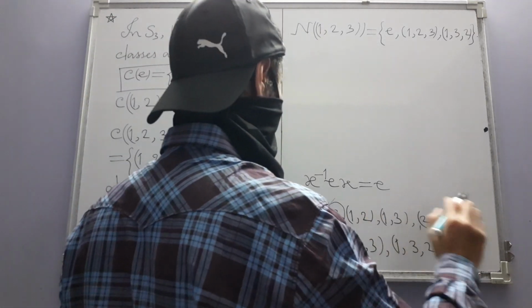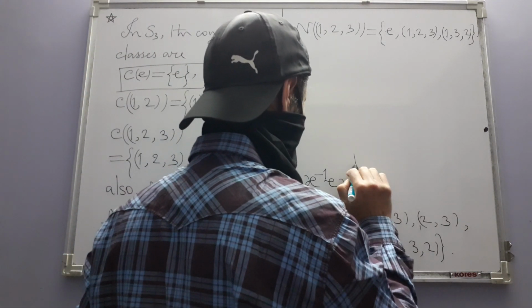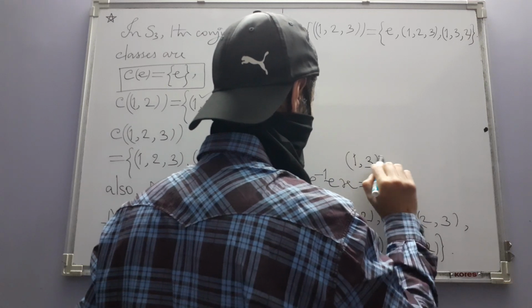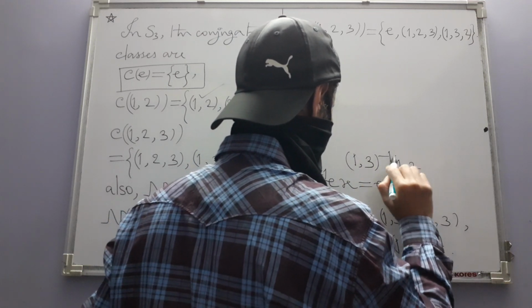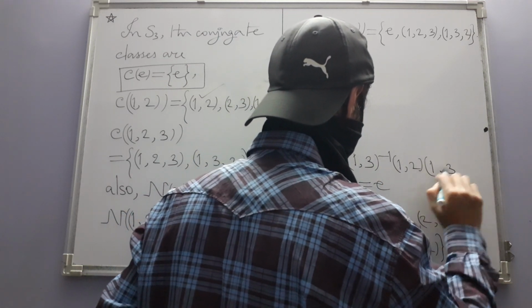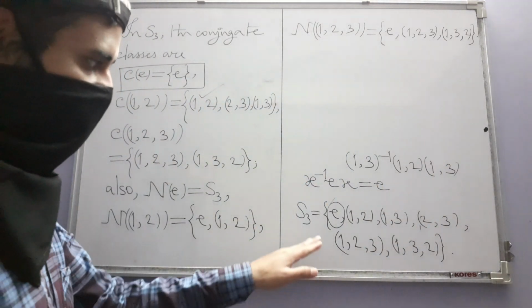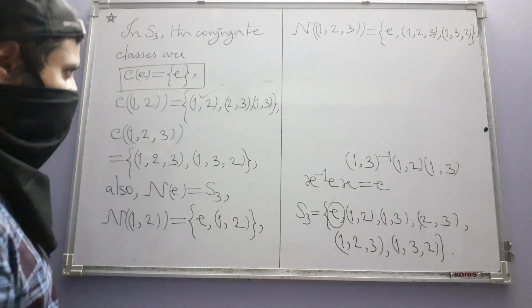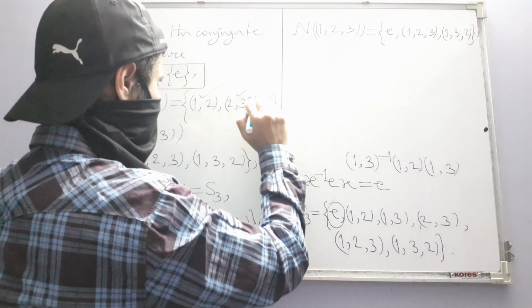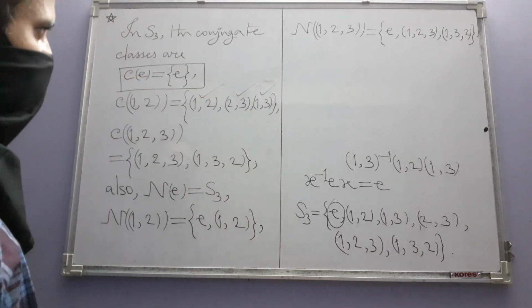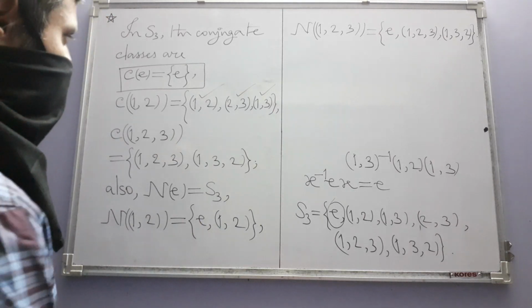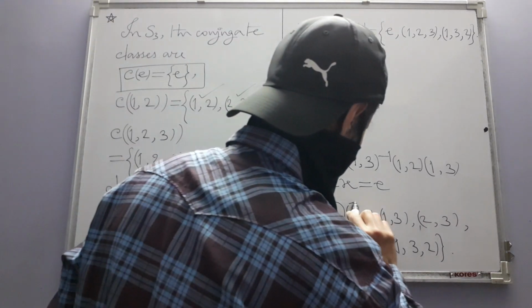And then you form the other conjugates. Say you calculate this and see what it becomes. If you do that for all the possible elements, you will see that you get these 2 others, and that's it. So these 3 form